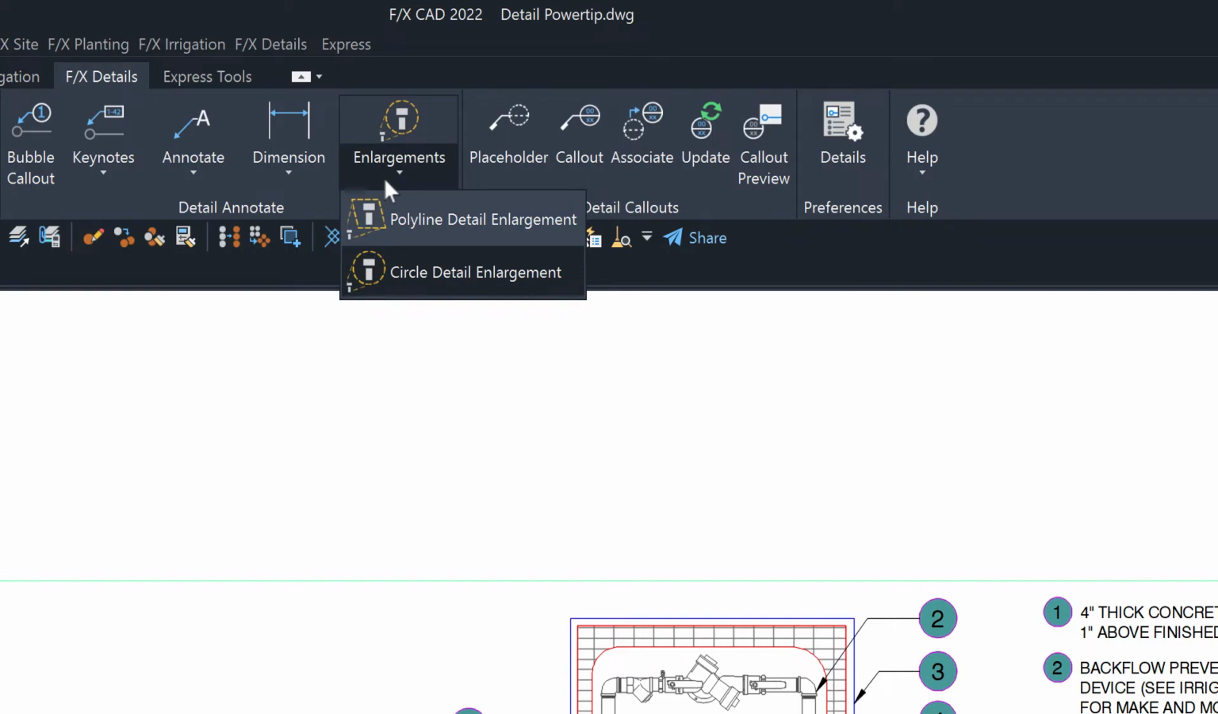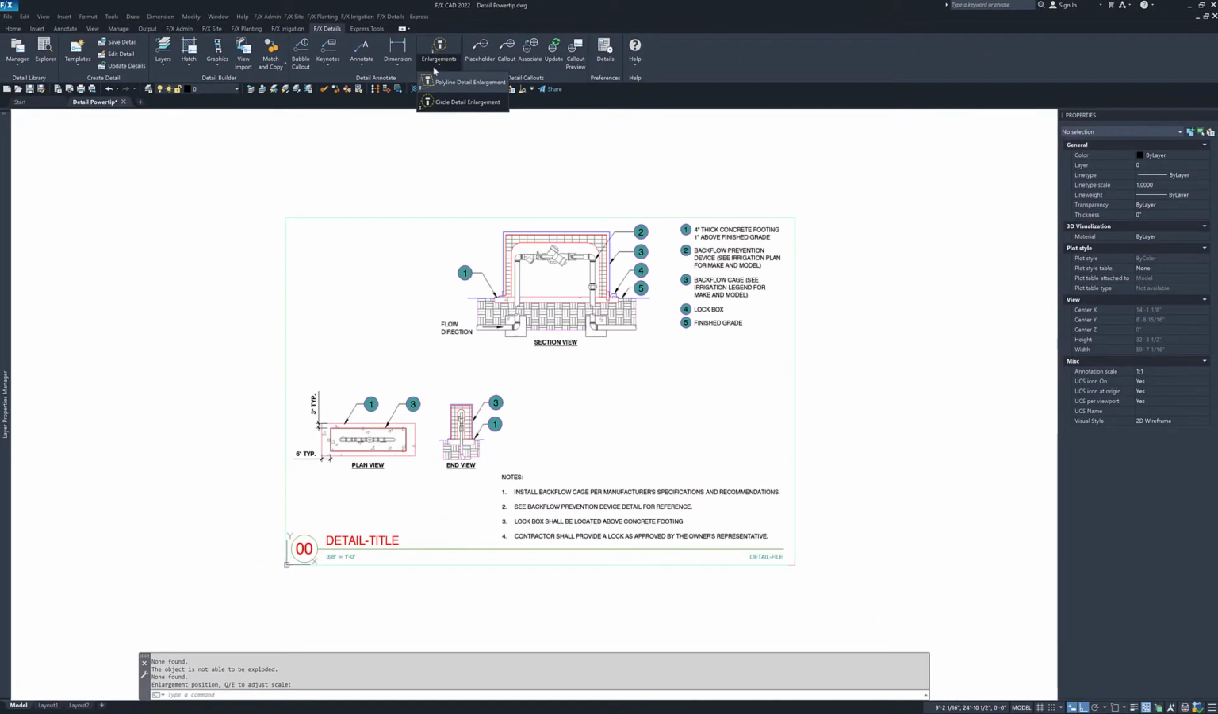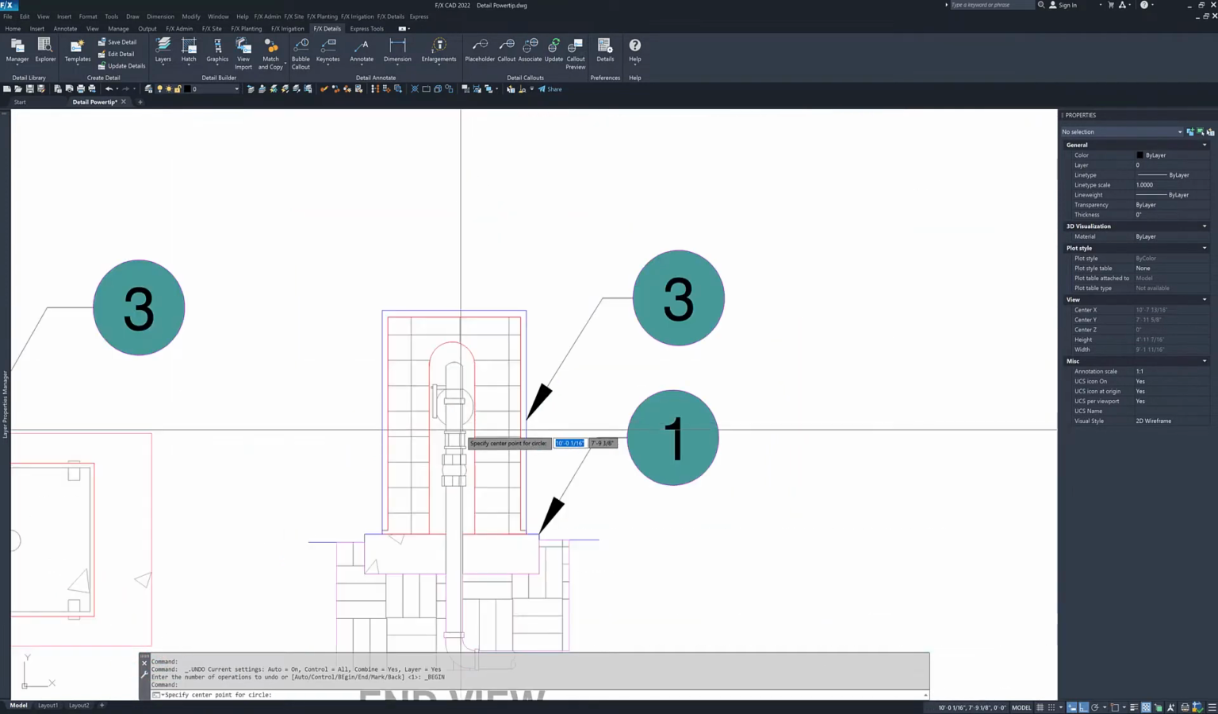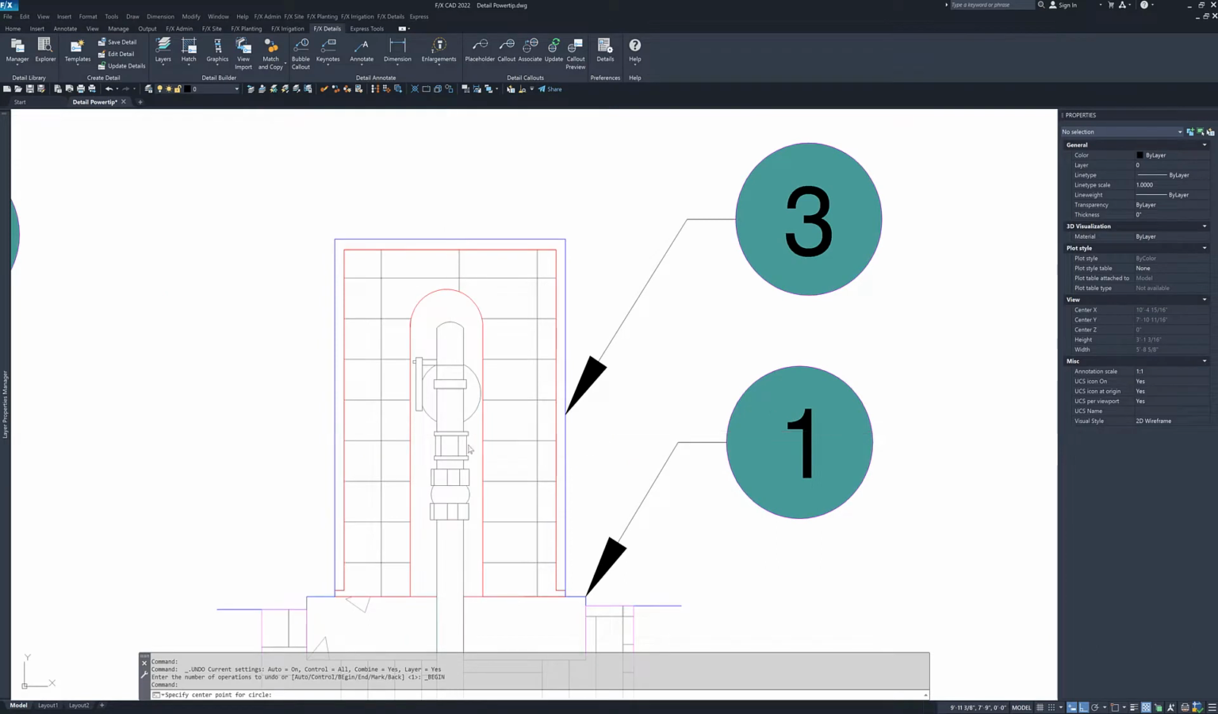Here you will see two options, Polyline and Circle enlargements. To place a circle enlargement, simply choose the circle option and follow the prompts in the command line. As you can see, it is prompting for the specification of the center point of the circle. Navigate to the area that you want to enlarge, specify the center point by clicking, and then drag the circle